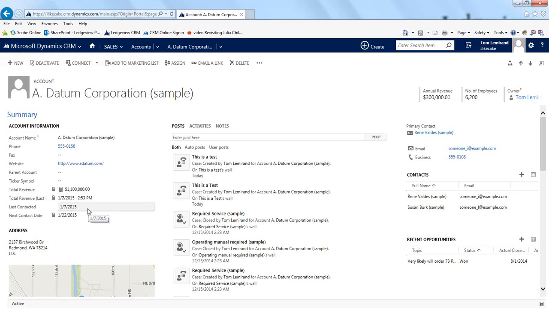The next area and the last area that I want to show you is calculated fields. This is a nice new feature that was added in CRM 2015. Again, we could do this with previous versions of CRM, but it would have to be done through coding, through JavaScript, or some other means to accommodate this. One of the requests that we get a lot is, I want to understand when I last contacted an account or a contact, and then when is the next time I should be contacting